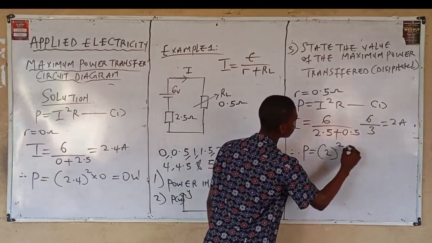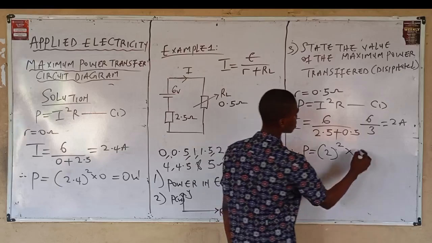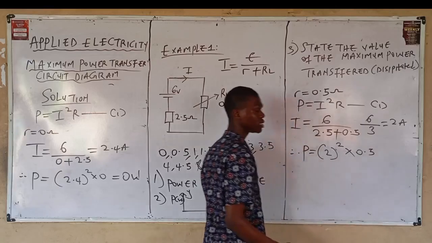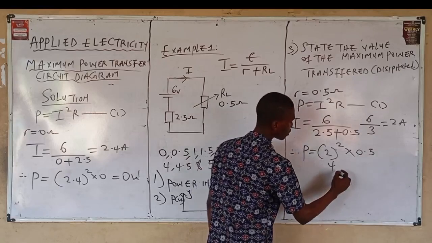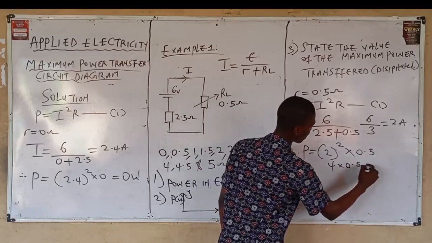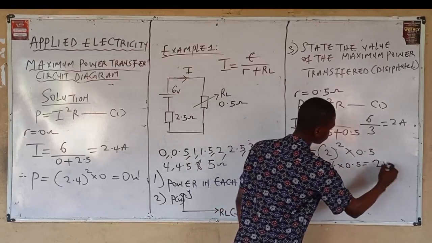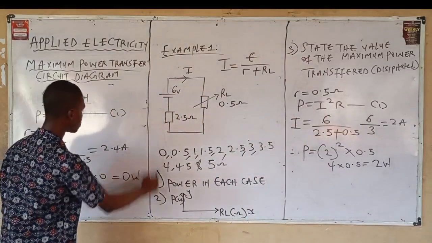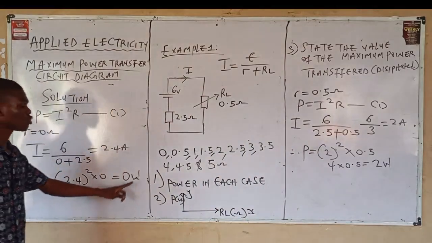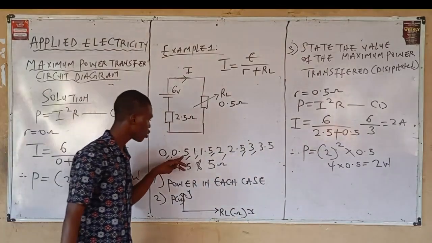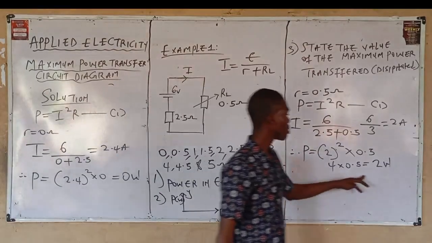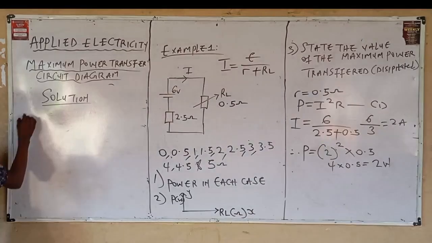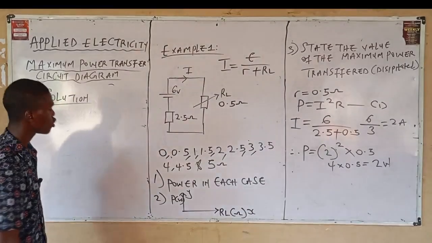Therefore, your power is equal to 2 squared multiplied by 0.5. This gives you 4 multiplied by 0.5, which is equal to 2 watts. When R is equal to 0, you got your power to be 0 watts. When R is equal to 0.5, you got your power to be 2 watts. When R is equal to